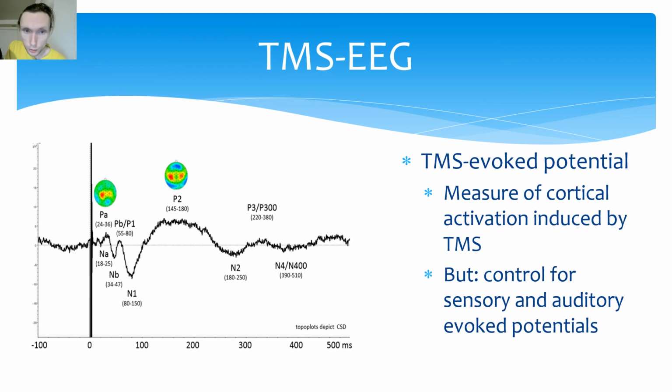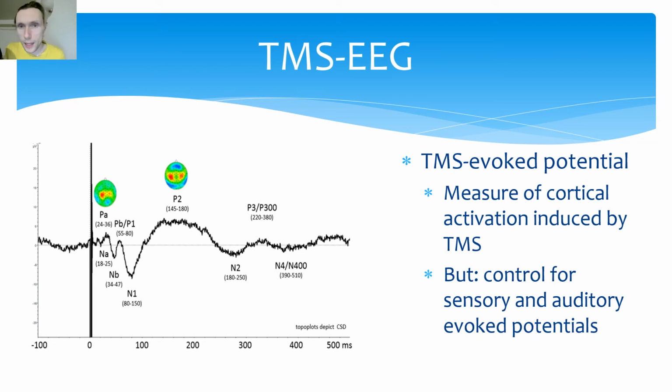And depending on where you're measuring, you will also pick this up with EEG, because as I said before, EEG is spatially not very specific, so that will pick up things that are happening all over the brain. So what you need to do, when you want to interpret the signal in a good way, is not only apply TMS-EEG, but also use a sham version of TMS. So a sham version is basically a placebo version where you only let people hear the sound of TMS without actually using TMS,